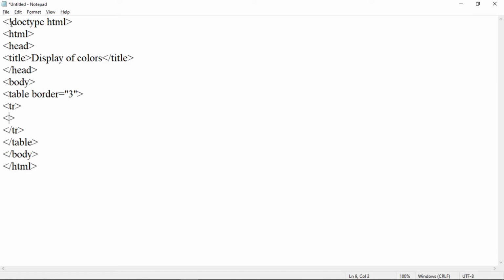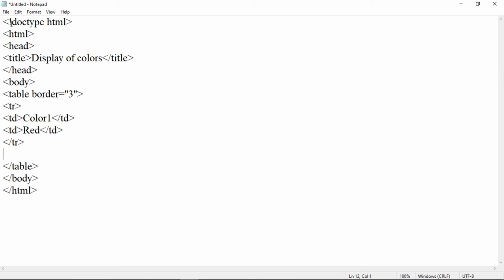The tag used is td tag to add a table data. So td and end of td, here add color 1. Now in second column, td and end of td, add here color name, suppose it is red.